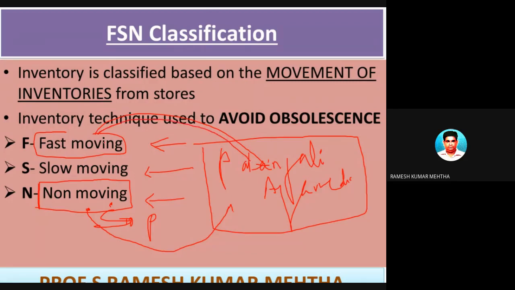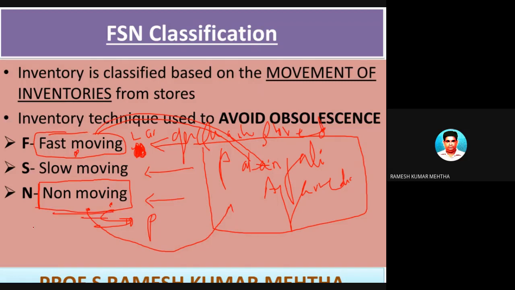Hope you have understood it. So if it is very fast moving, there should be large quantities of items which have to be stored, because you should not run short, because the customers are always desiring this particular product. So you have to identify this product, and then place a bulk order, so that whenever a customer comes and asks for this fast moving good, you should be able to sell it to him, and he will be a satisfied customer.